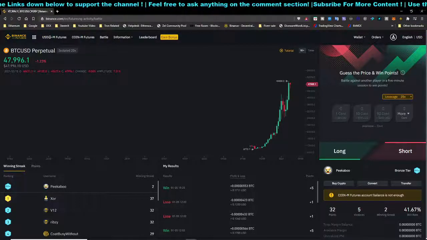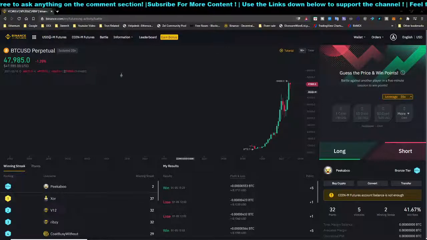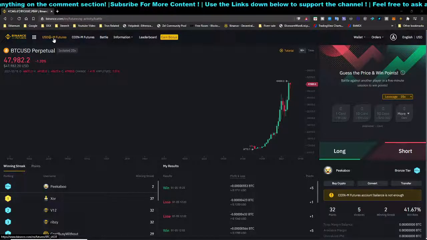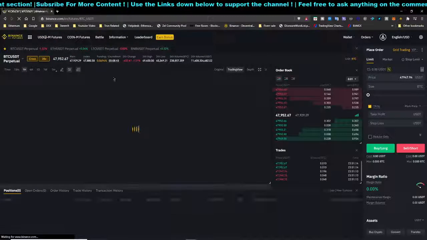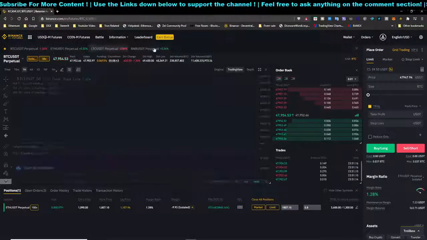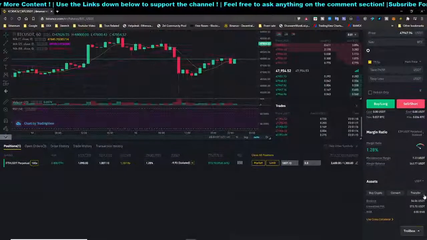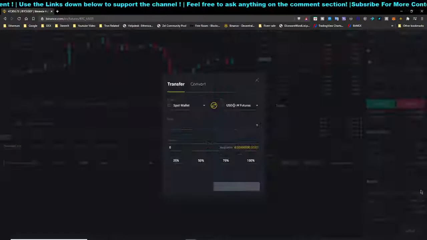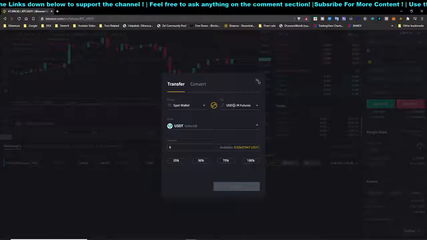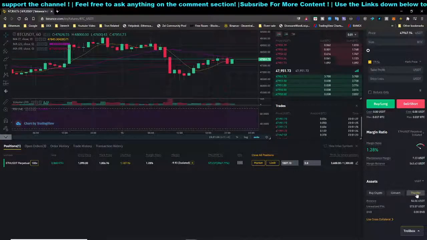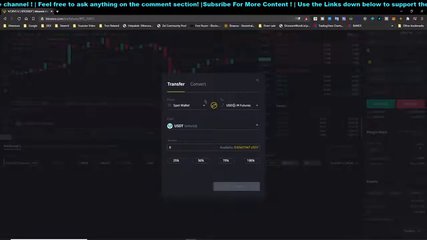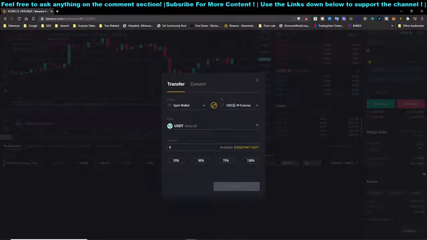Over here we are going to talk about funding your account. Just head back over. Let's say you are going to fund your account with USDT. Just click on it, head down and click on transfer, and the assets over here will show you that you can use USD or Binance USD to fund your account. So just click on